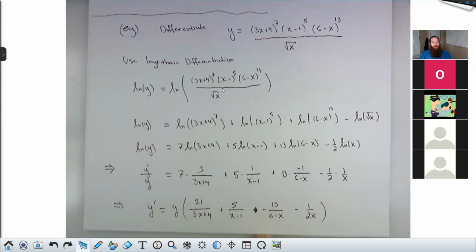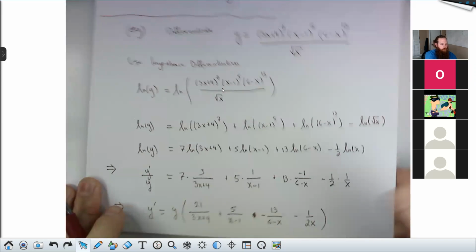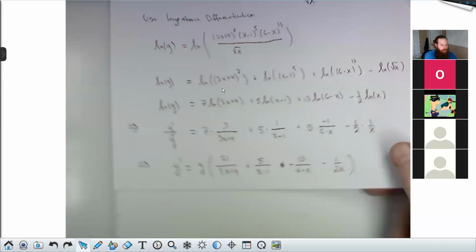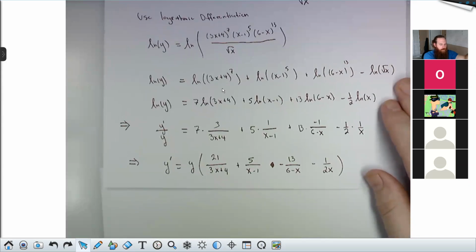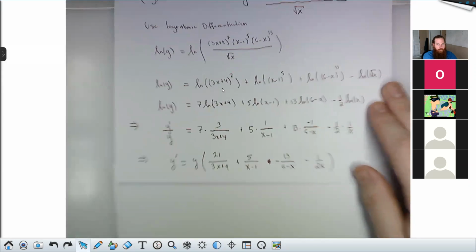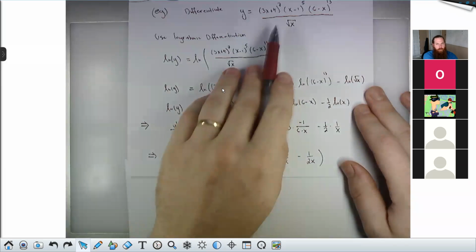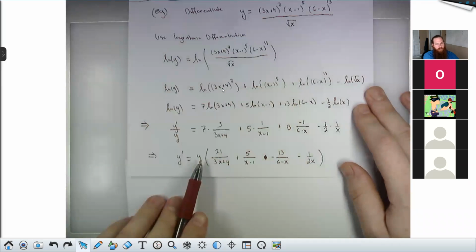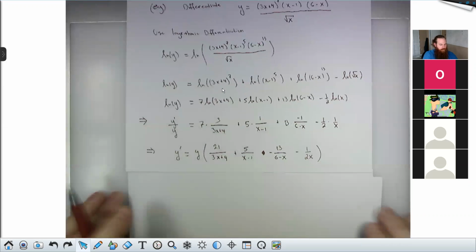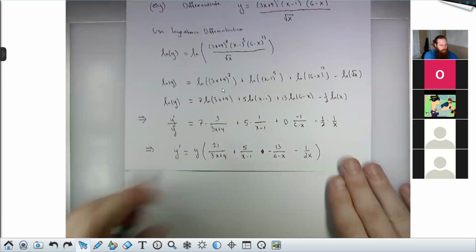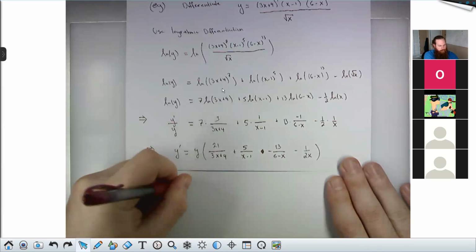And then my last step, if I want an explicit formula, is to replace this y by what it is. Well, I know that y is this big gnarly fraction up here. So this y in my formula can be replaced by that big gnarly fraction, and then I get my nice formula for y prime. Y prime is